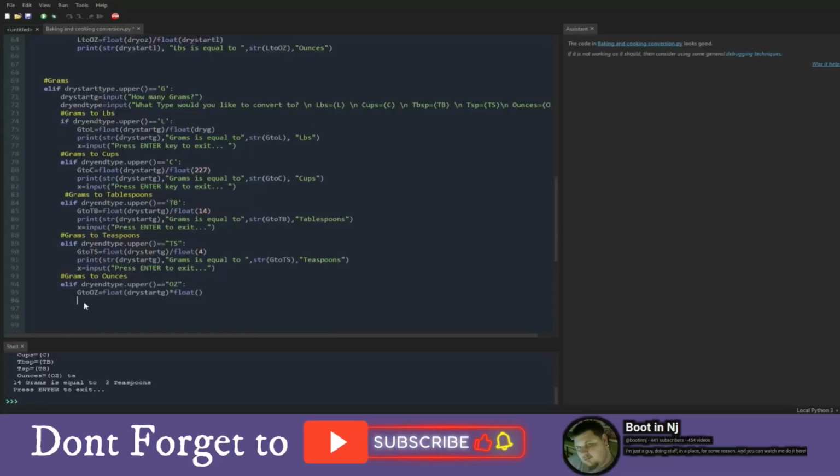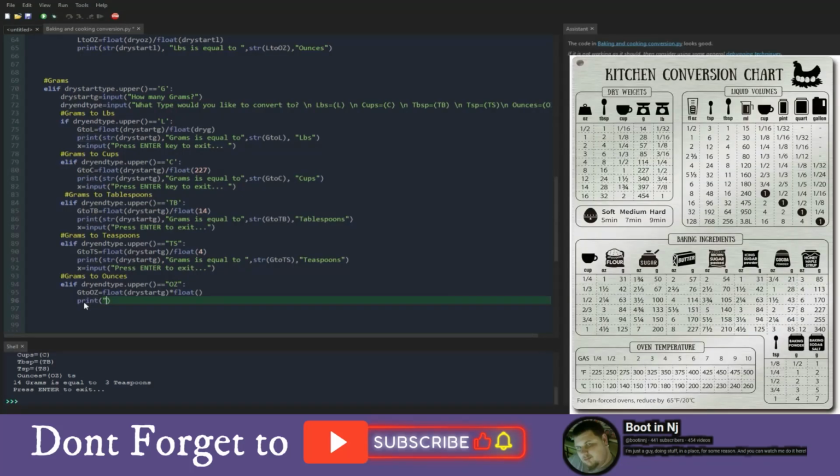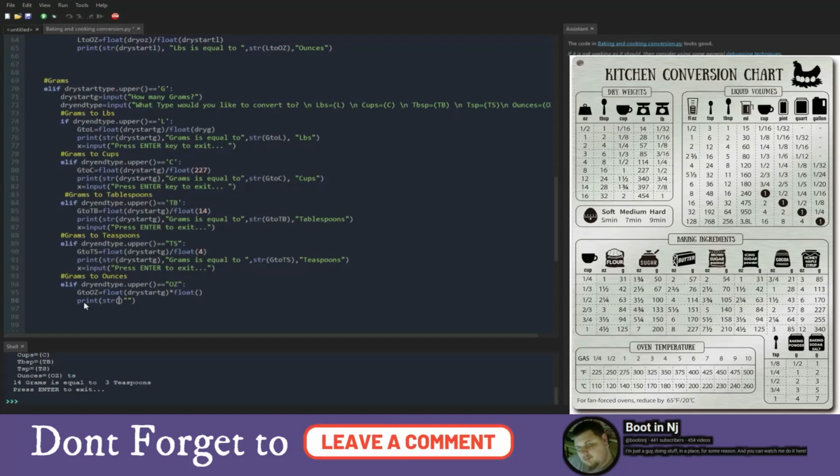So we're going to go ahead and set up the next line, which is going to be a print line. And we are going to print the string. I don't know why I was trying to write that. String is going to be dry start G. And then we're going to go over here. We're going to go comma. Grams is equal to,